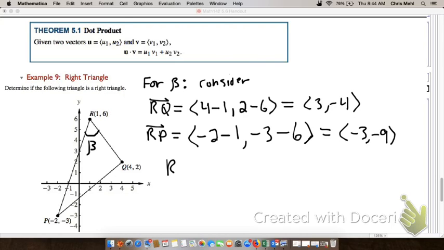And now, when you do the dot product, RQ dotted with